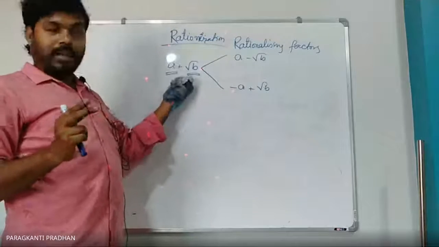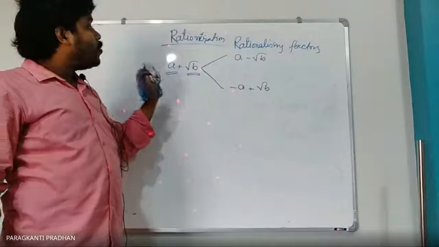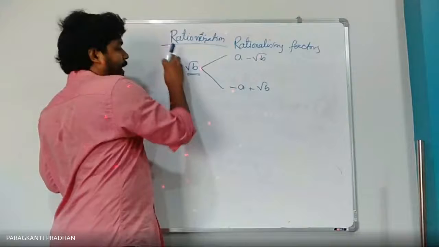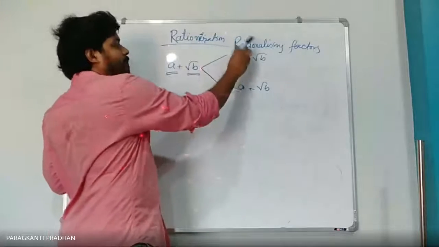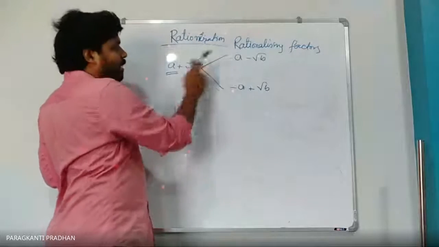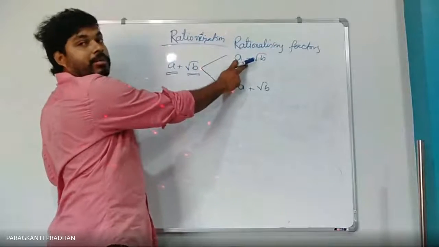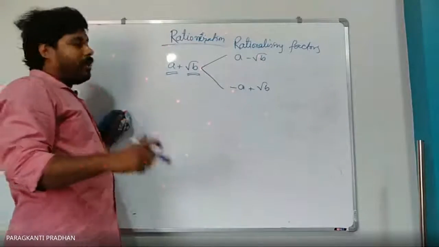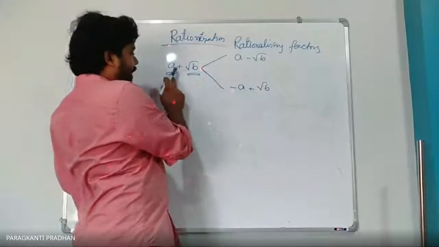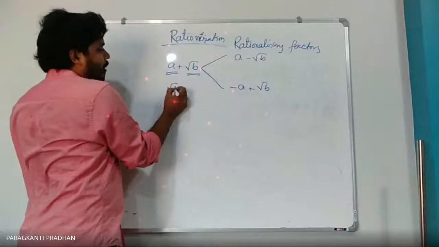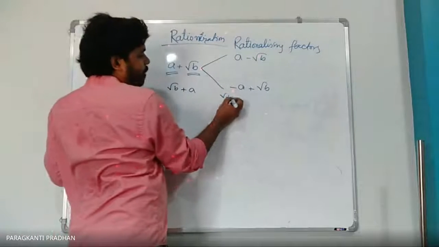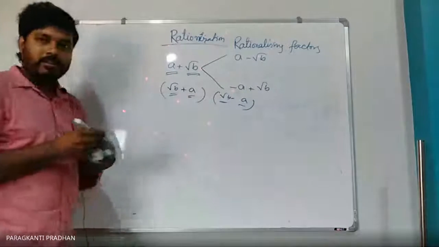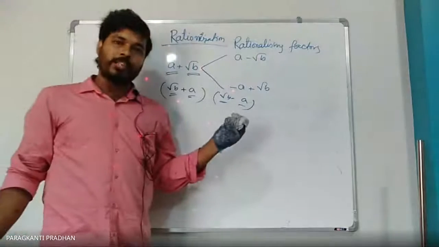That is, one surd, this is a surd. To make it rational, suppose we multiply this by this: something plus something, and something minus something. This value same, this value same, and in the middle only negative. So a plus b into a minus b is a square minus b square. Suppose this time, if we write this as root b plus root a, the other will be root b minus root a. Look, is it in the form of a plus b into a minus b? This is in the form of a plus b into a minus b.